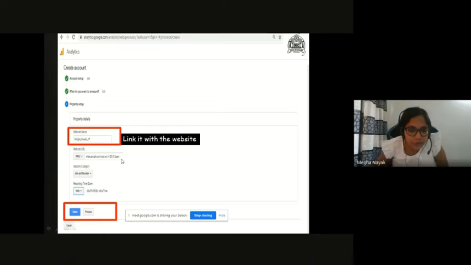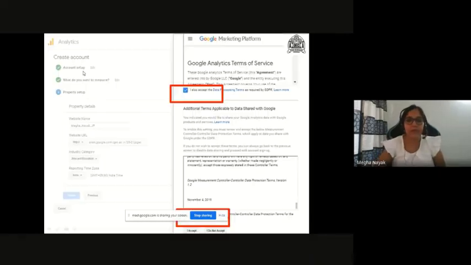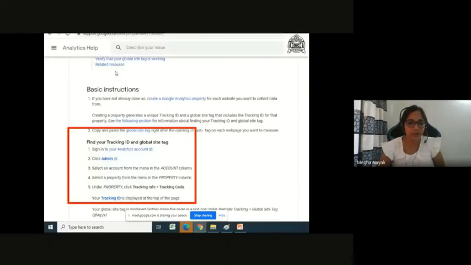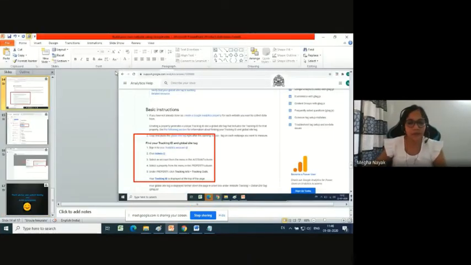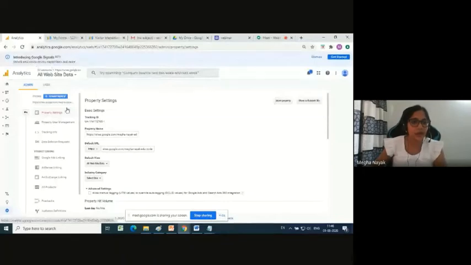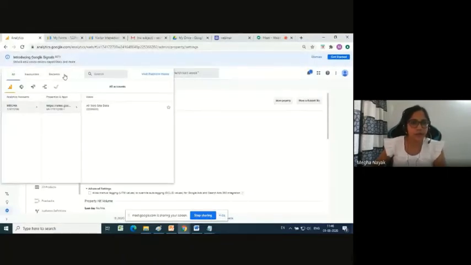That is over here, you can see. Now this was from the GEC domain, so it was separate. So I say create, and then I am good to go with my analytics. I accept all the terms and conditions, and I'm good to go. So this is how your analytics works. But how are you going to get this analytics ID? It generates for you right there in Google Analytics. Now I will show you all the previous websites which I had created.